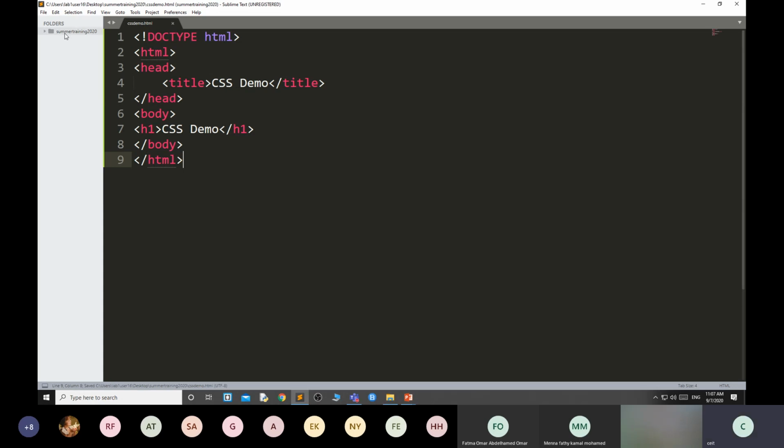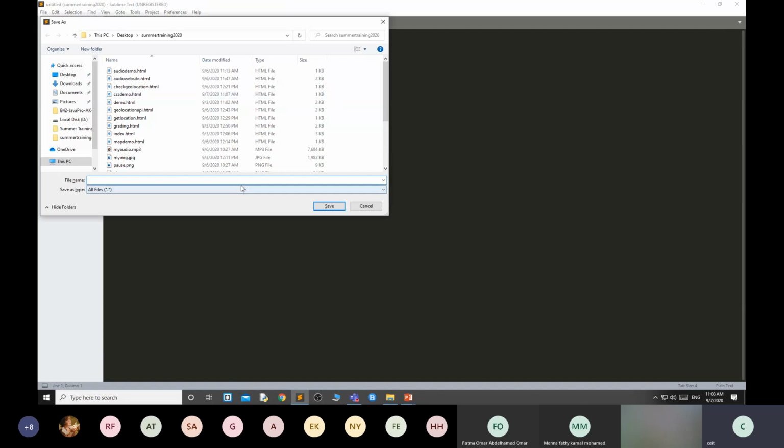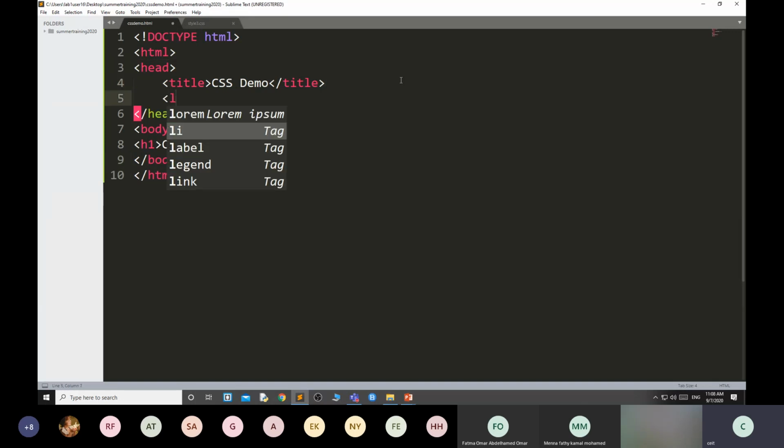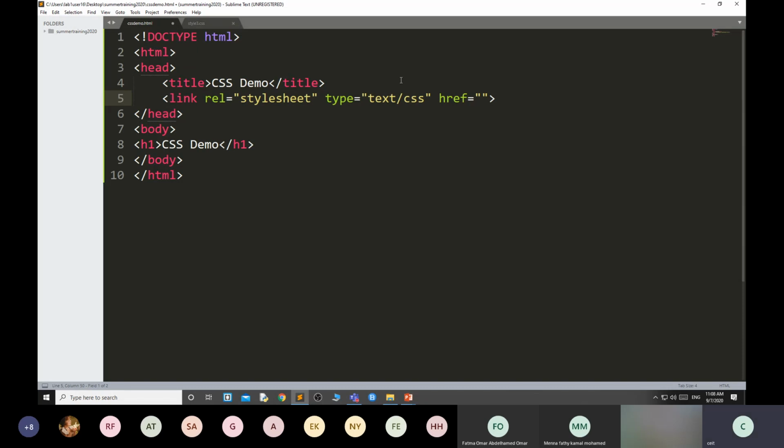And I'm going to create one CSS file also. Control S, style.css. It always has the extension .css. And we can include it inside the head tag using link, rel, href, style3.css.